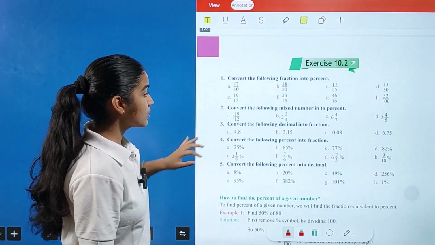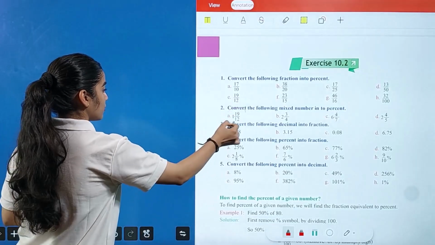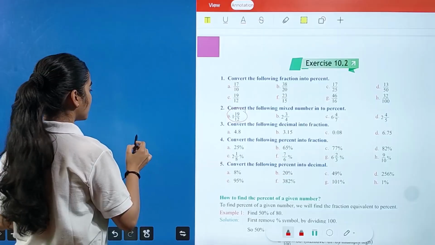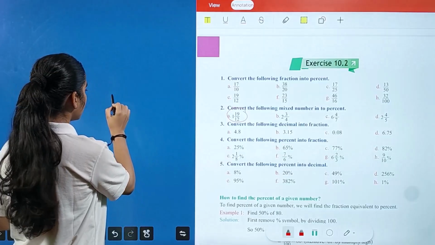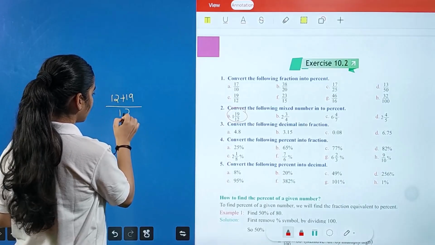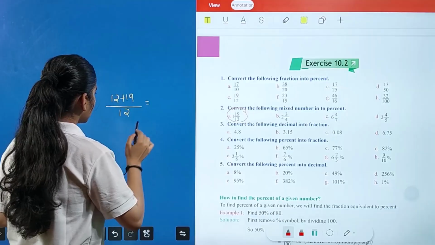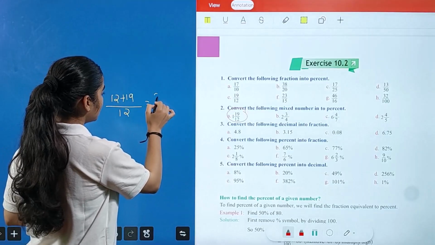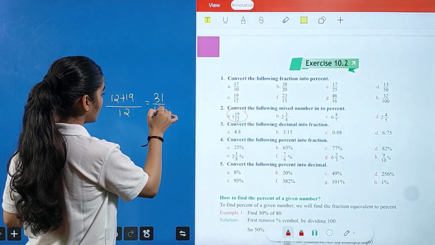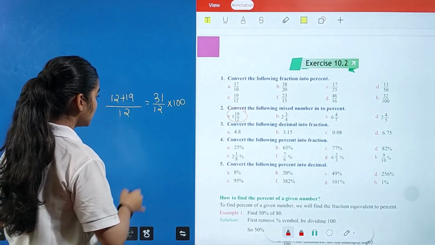Now convert the following mixed fraction into percent. So first we have to convert them into improper fraction. 12 plus 19 upon 12. Your answer 21 plus 10, 31 upon 12. Multiply it with 100 and you will get your answer. So